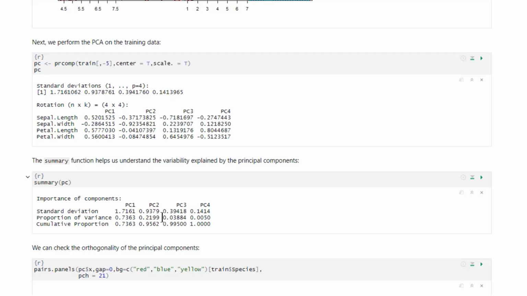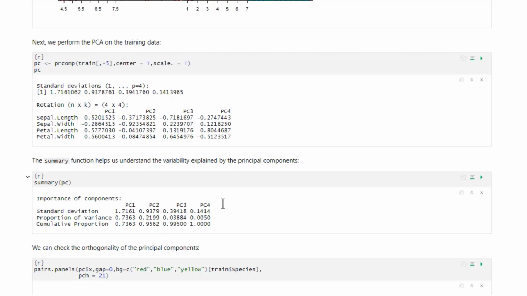If we ignore PC3 and PC4, then we can capture 21.9% additional information because PC1 and PC2 are uncorrelated. So that cumulatively, we have already captured 95.6% of the total information,